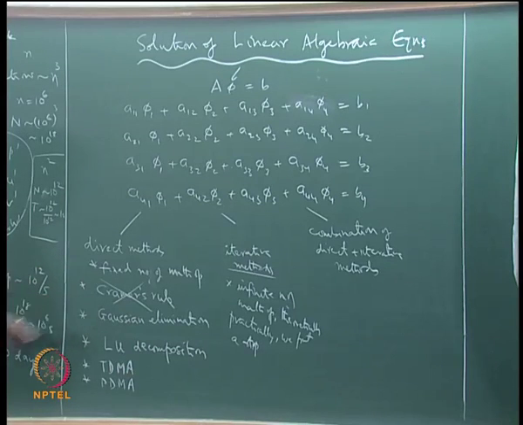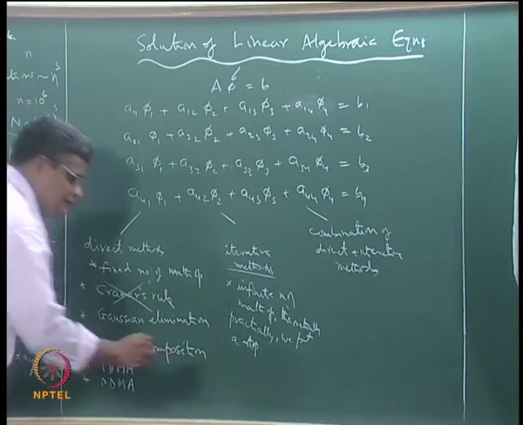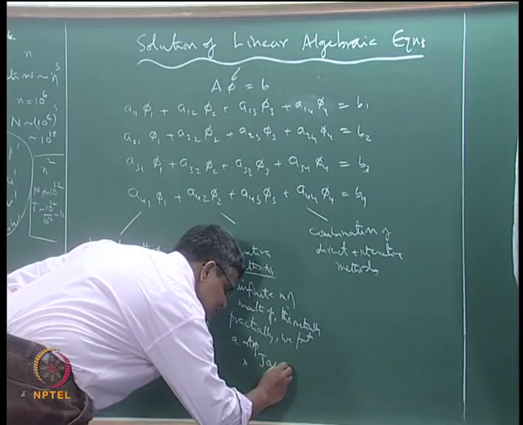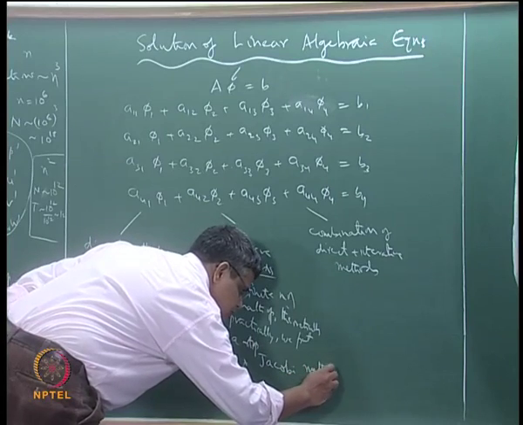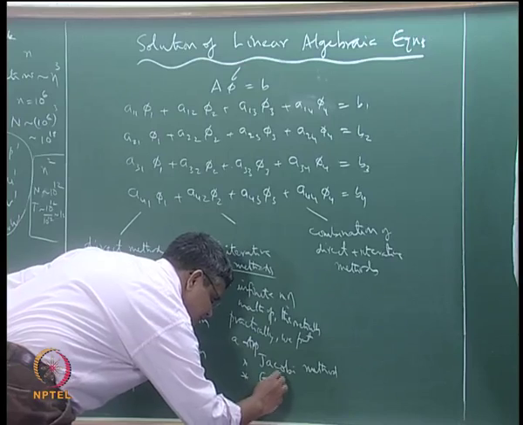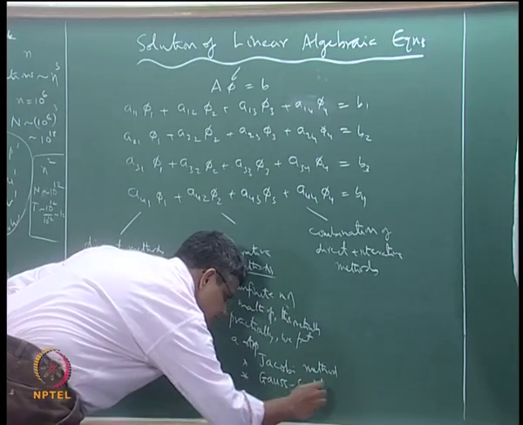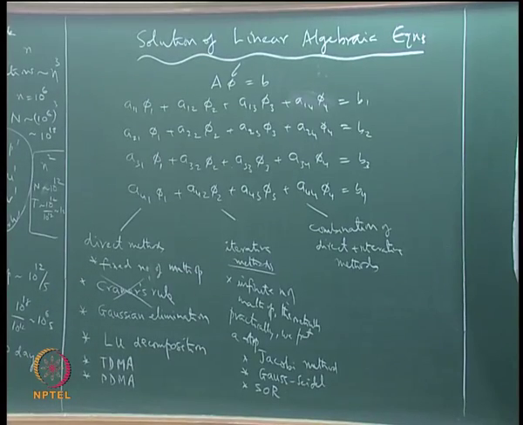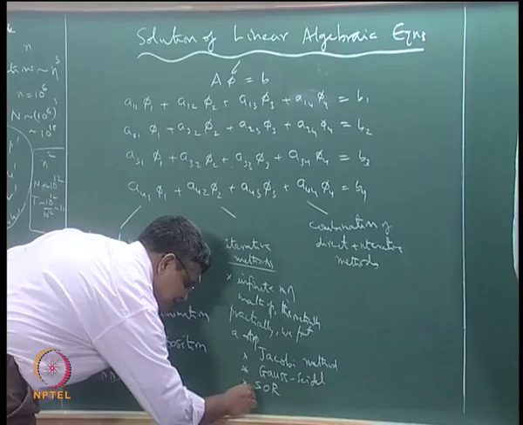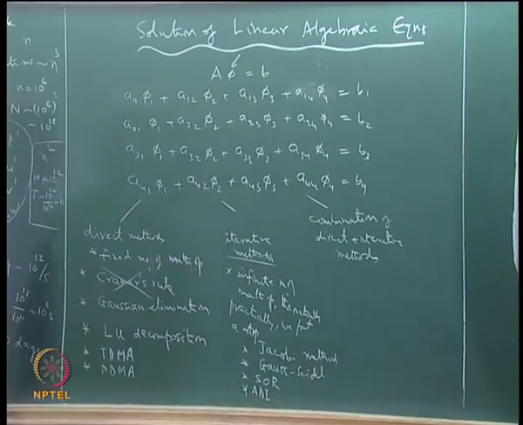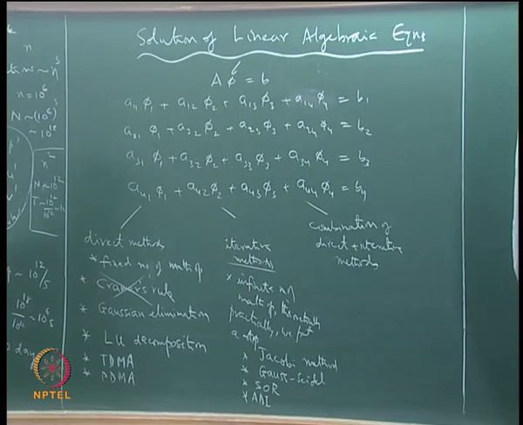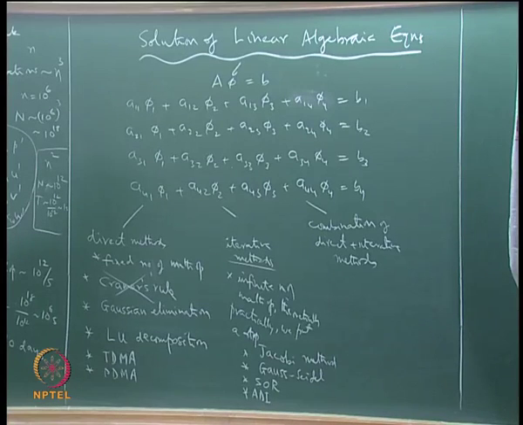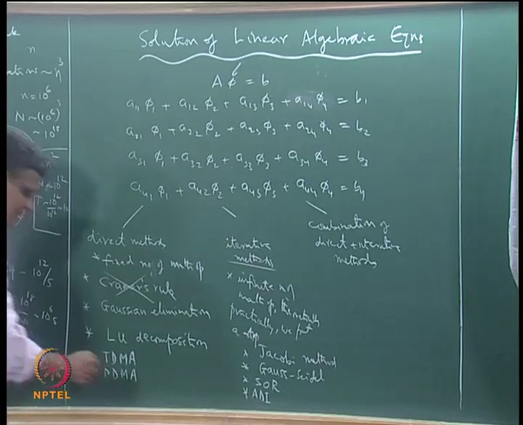These are some of the things that we may be using, and among the iterative methods we have the Jacobi method, we have already seen the Gauss-Seidel method, and we have the successive over relaxation method, and we also have methods like the ADI method, alternating direction implicit type of methods, and we also have other methods which we can leave at this stage. For example, the conjugate gradient method,